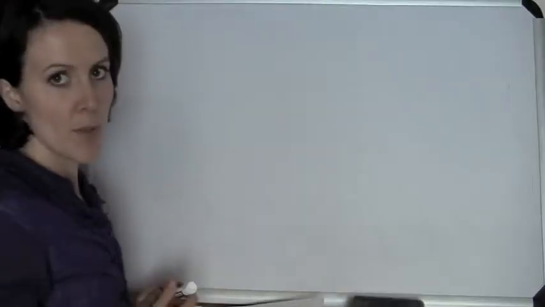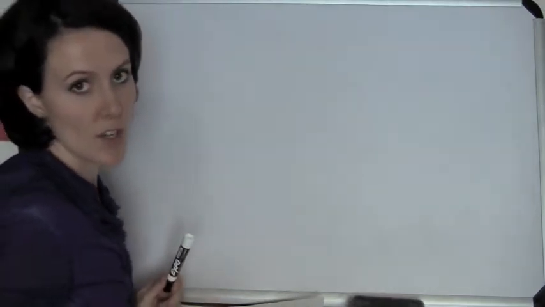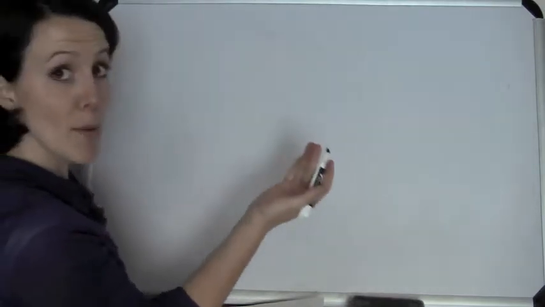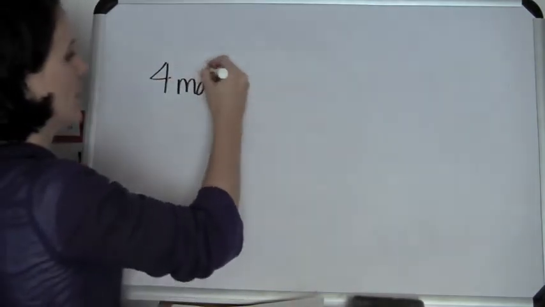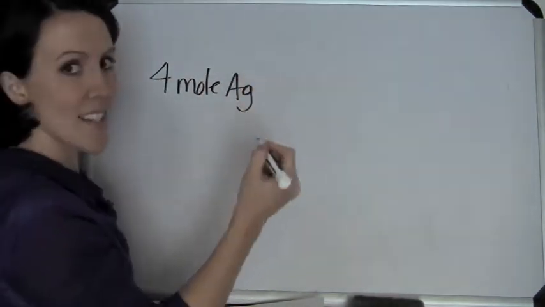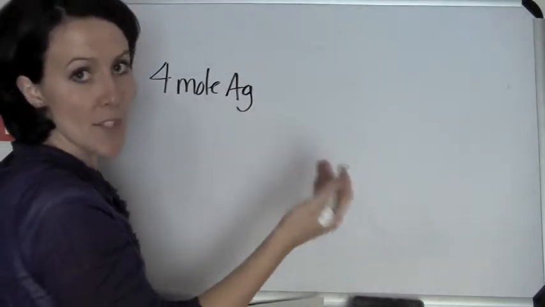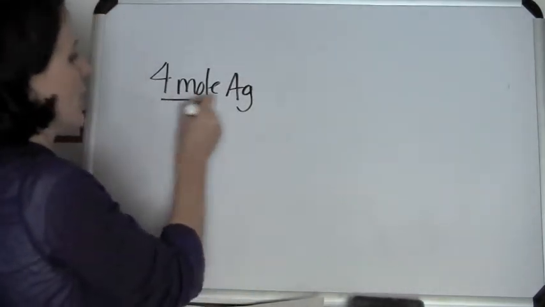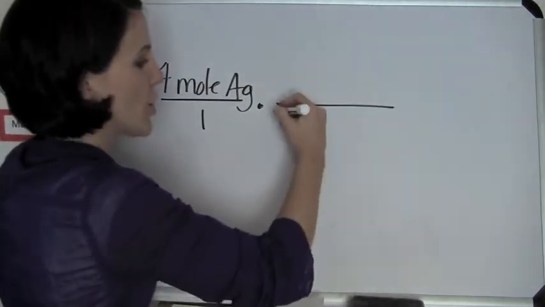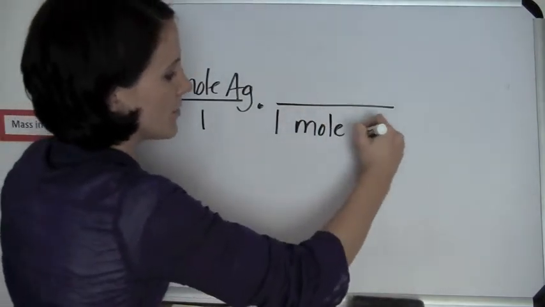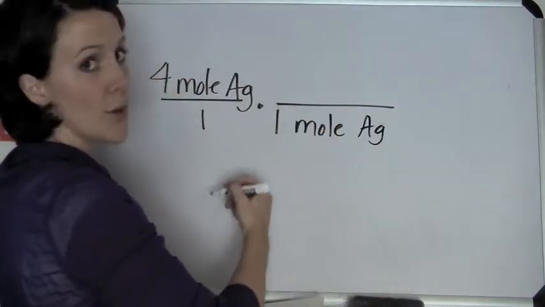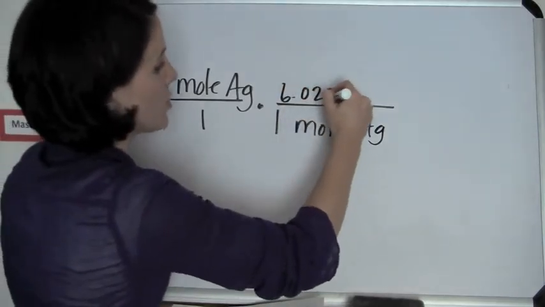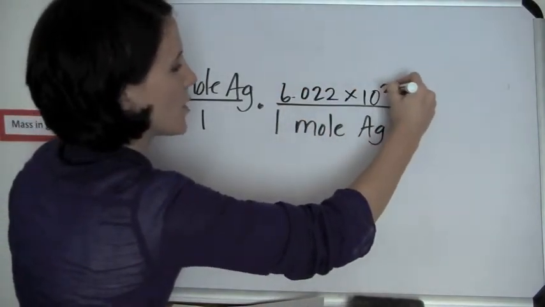Here's an example problem where we can use the ratio knowledge that we just talked about. So if the problem states you have 4 moles of silver and it asks you to find how many atoms of silver you have, you know the ratio. You know in 1 mole of silver you have 6.022 times 10 to the 23rd